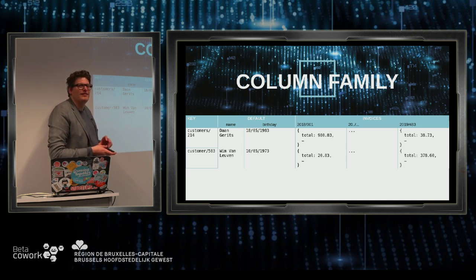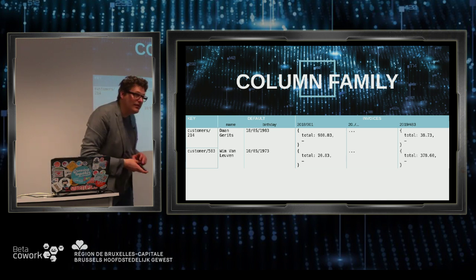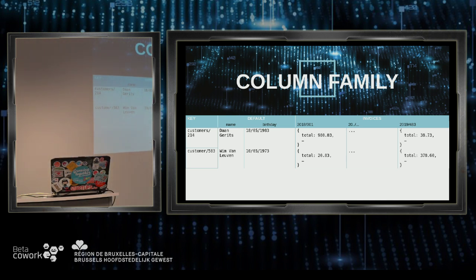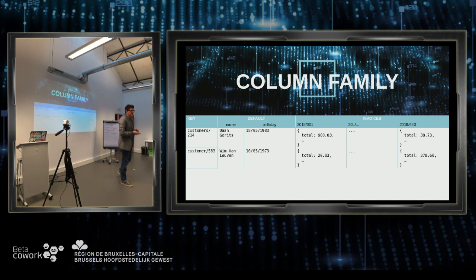Isn't that an extension of a key value store? It's a more complex key value store. One of the things that I wanted to get to is that all of these models are basically an extension of a key value store. Because all of them have a key of some sort and a set of values of another sort. Even your graph model can be modeled as a key value store, where you just have your relations as a record in your key value store. All of these are extensions of